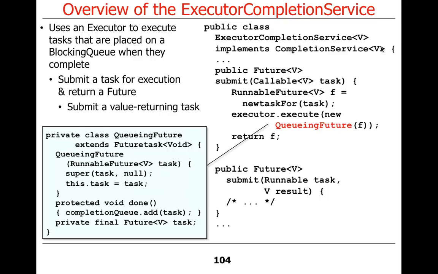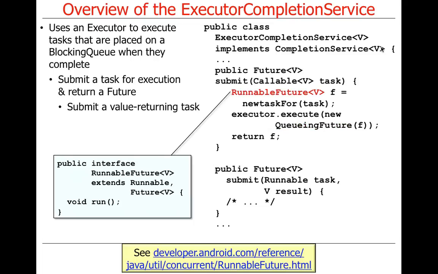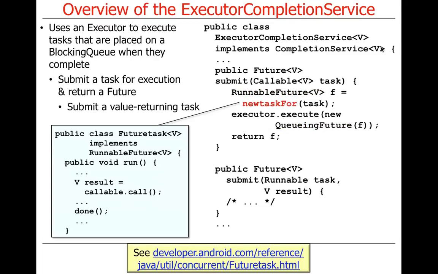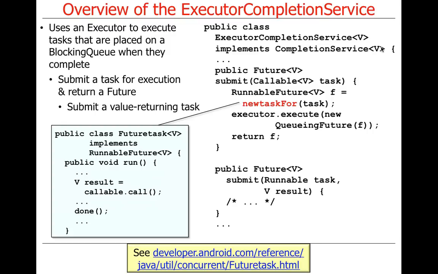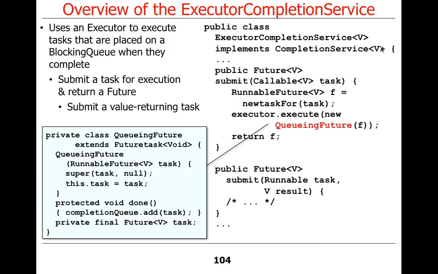So what a queuing future does is the queuing future basically is a future task, and the future task keeps track of the task, and when his run method finally gets called, which is over here, he's going to go ahead and get the result, and it's going to store it in such a way that over here, when the done hook method gets called, which is called there, that turns around and adds the completed task with its return value into the completion queue. So we finally reached the point now where this completed task is in the completion queue. And then, of course, we'll see in a second,